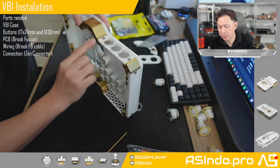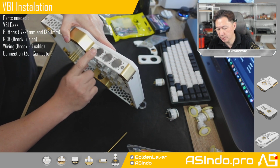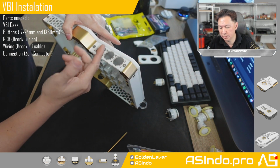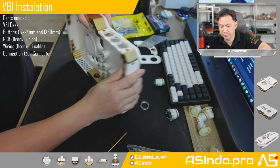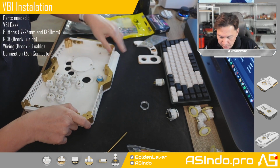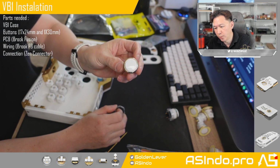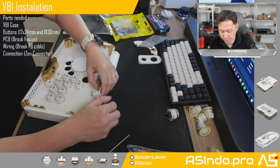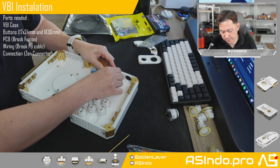Next, let's install the service buttons. By default it will be start, share, home. Or you can put start, home, share, or anything you want. These are also 24mm buttons, and I will choose gold white buttons. It is a bit tight, so